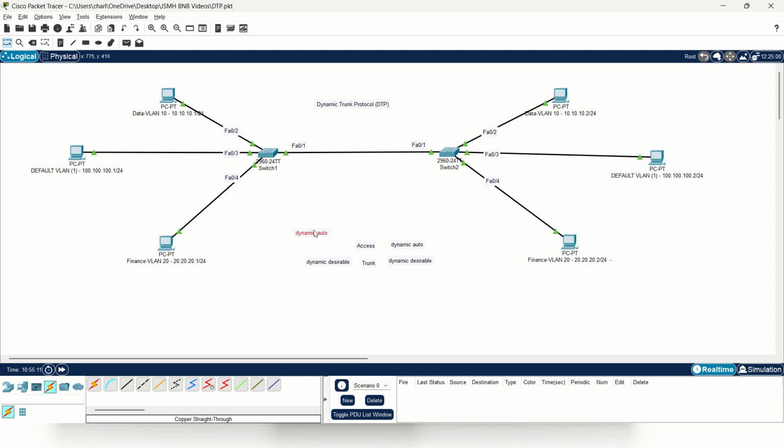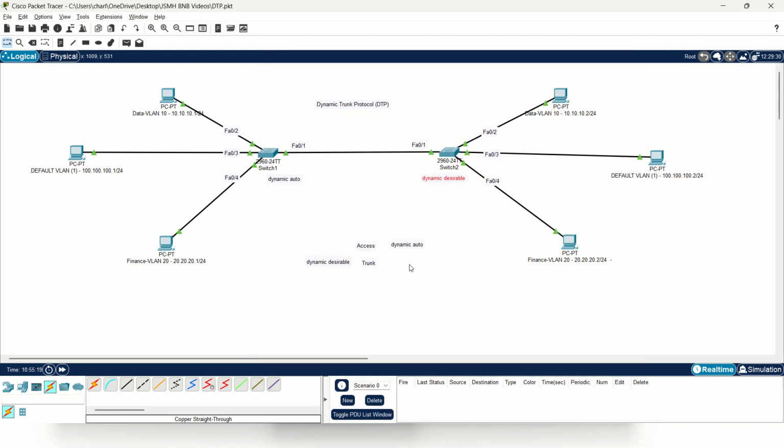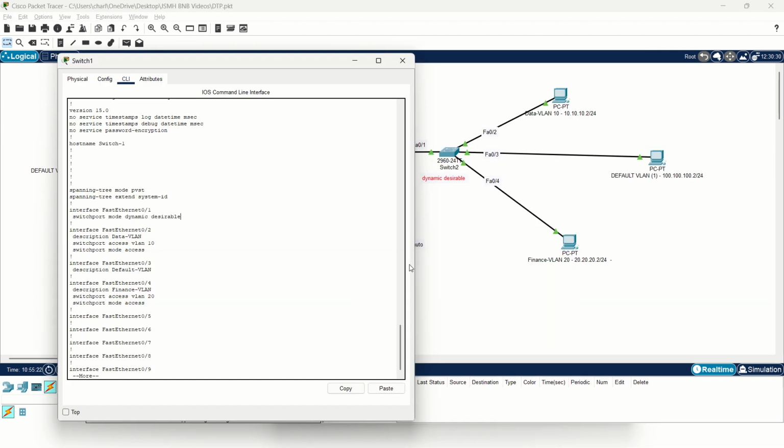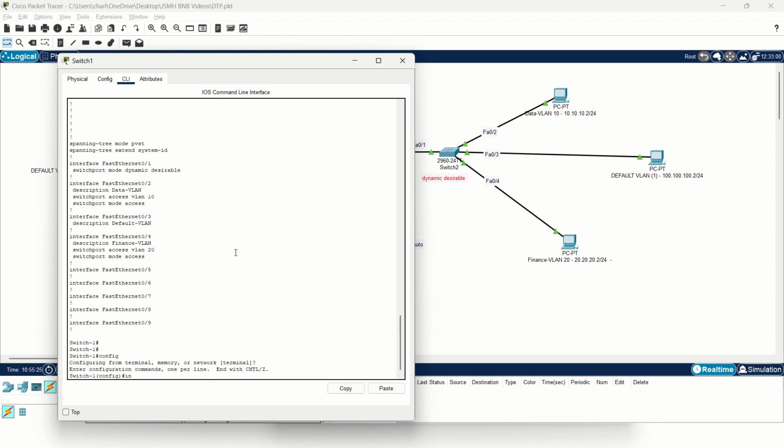So let's bring this port to dynamic auto mode. Let this remain in the dynamic desirable mode. Go to the switch. This is switch 2. Let it remain in the dynamic desirable mode. Go to switch 1 and let's configure interface